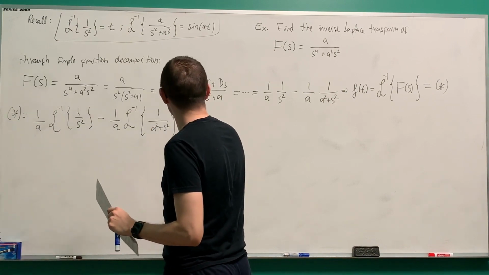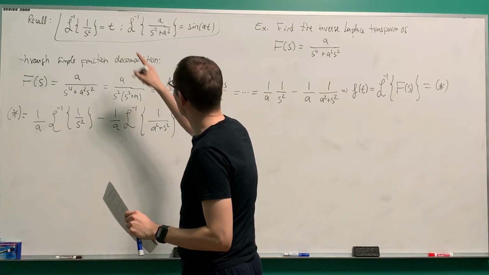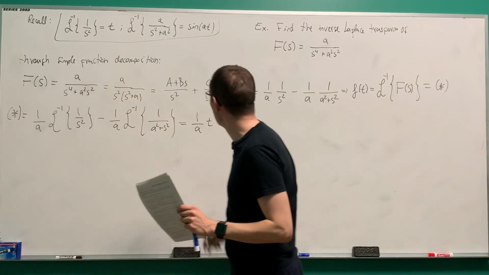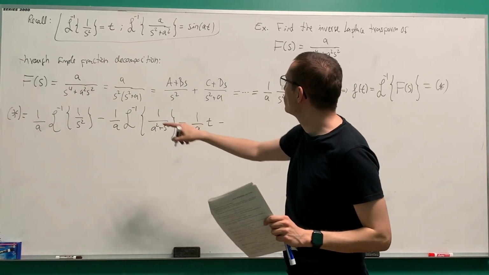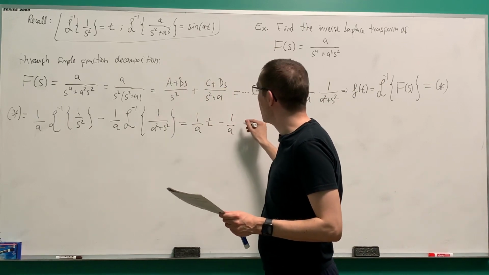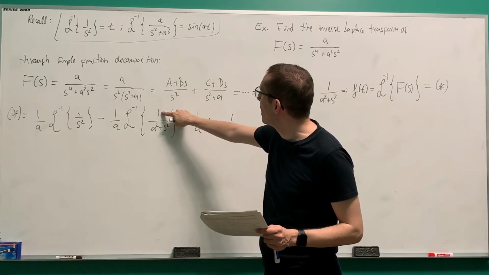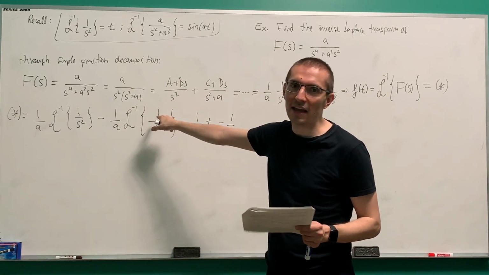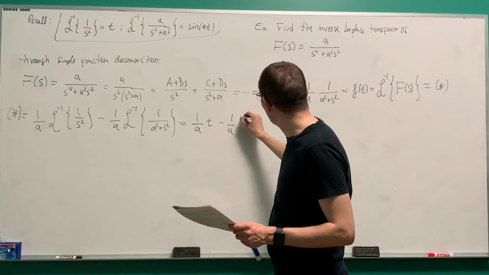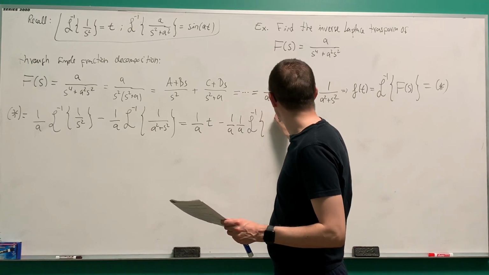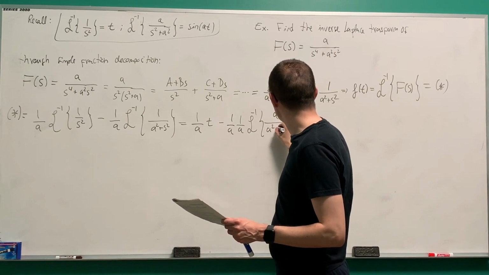The first term I'm going to leave as is. 1 over a, it's already t, right? It's the inverse Laplace transform of that. Minus, now this one is not quite that, but we can make it that very easily. Let's keep the 1 over a. And what I'm going to do is multiply by a and divide by a. Divide by a outside, multiply by a inside. So if I do that, I would get 1 over a outside, inverse Laplace of a over a squared plus s squared,